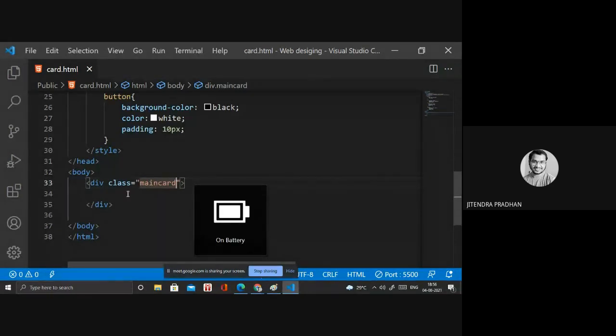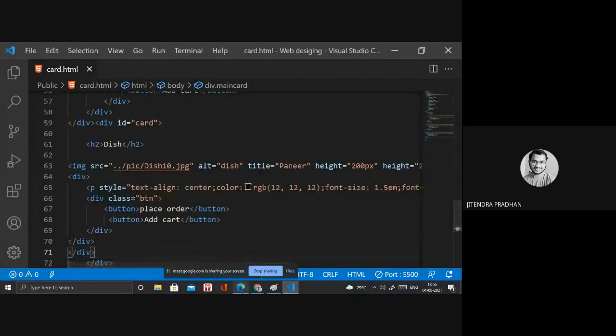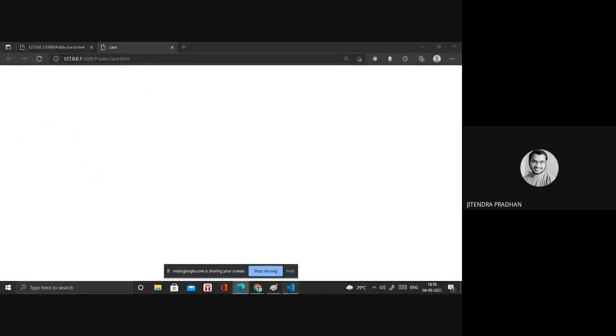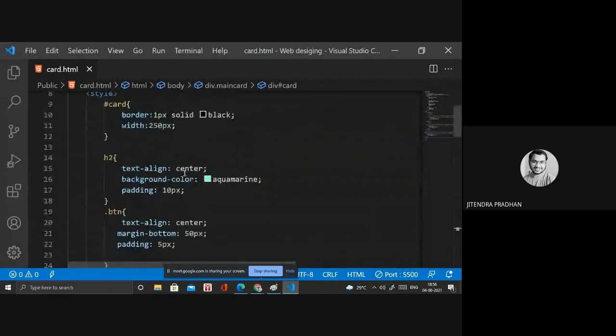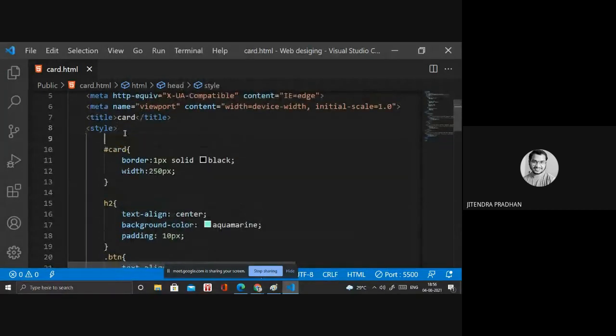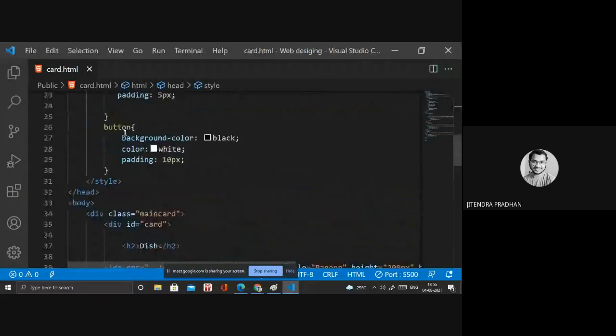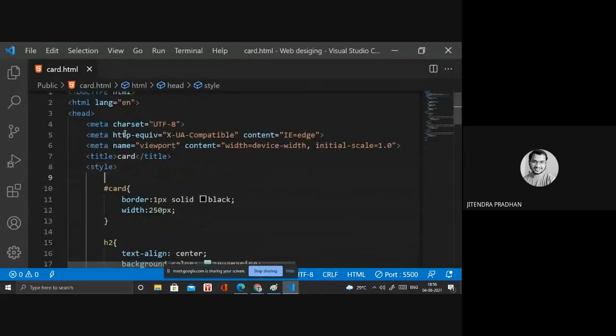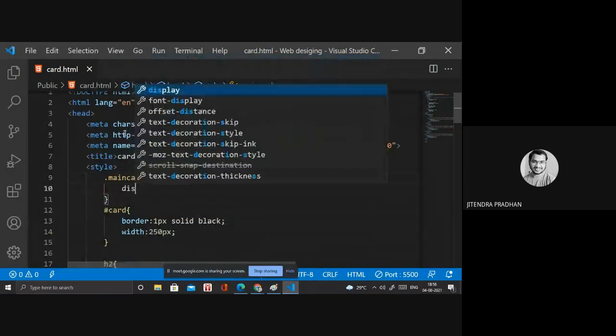Okay, then we need, yeah, the main card classes, I think. Yeah, we are using class main card, and for main card we need display flex.